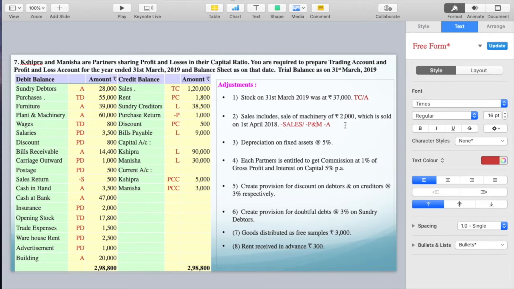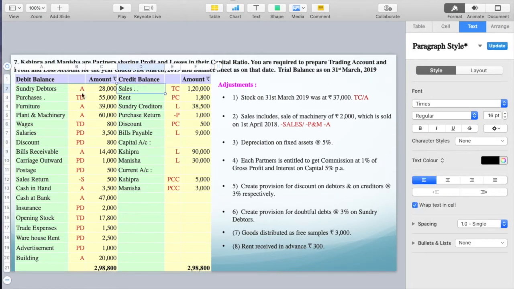And plant and machinery, an asset, is always a debit balance, so if we minus from there, it becomes a credit effect. If you don't get it, it's very simple from the adjustment itself: we have wrongly included it in the sales, so we have to minus from there. And basically we have sold the machinery, so machinery is going out of the business, so from there also we have to minus. Sale of machinery we cannot add back. So as simple as that: less from sales and less from plant and machinery in the assets. I'll put one more tick mark on sales and a tick mark on machinery.